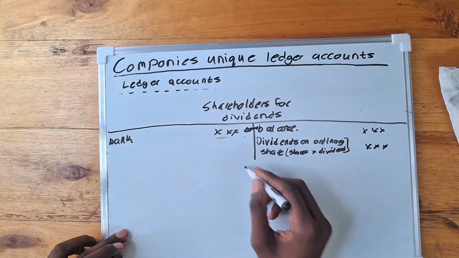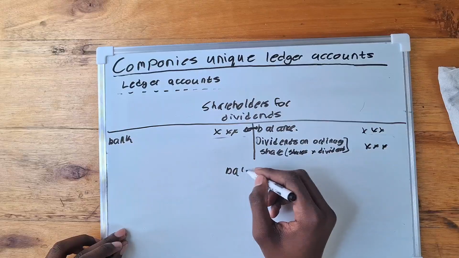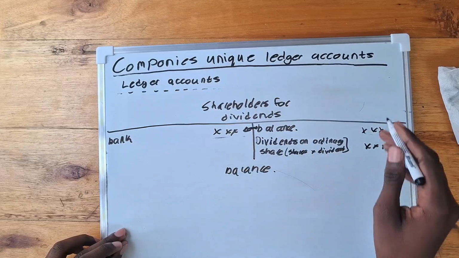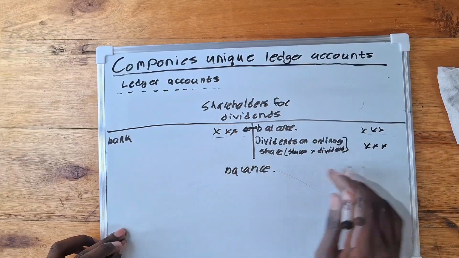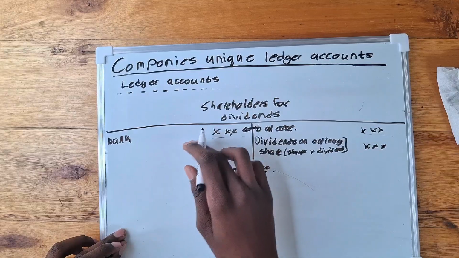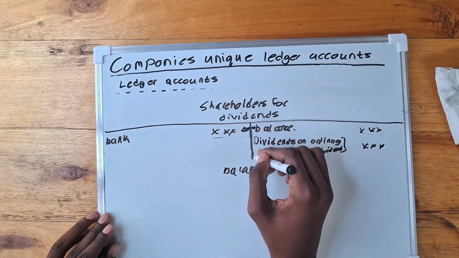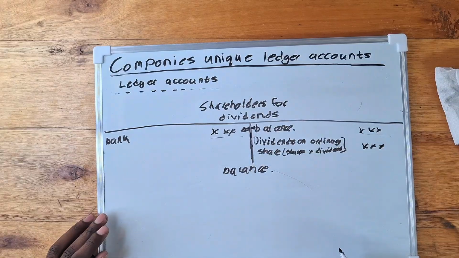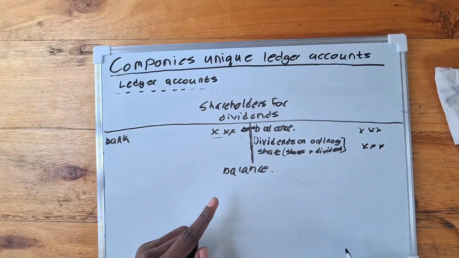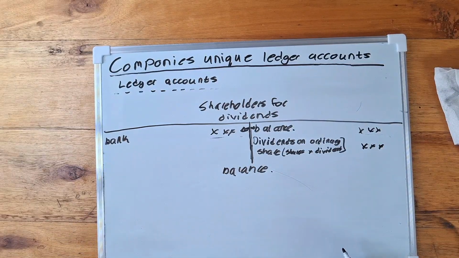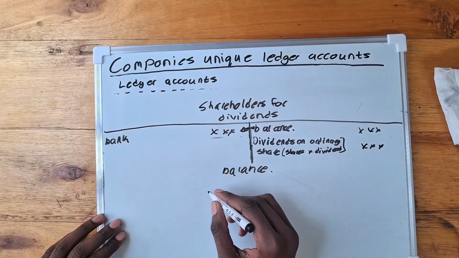Then once again, guys, you just have to balance it, right? Now you know how to balance it. Find the bigger amount, put it on both sides, then subtract with the smaller amount, right? Simple as that. So we are done with shareholders for dividends, right? So now I did say that this is linked to something else. So we now move on to our